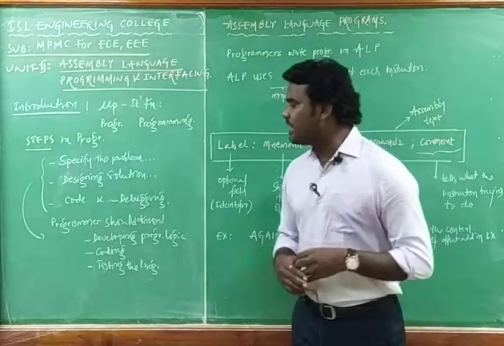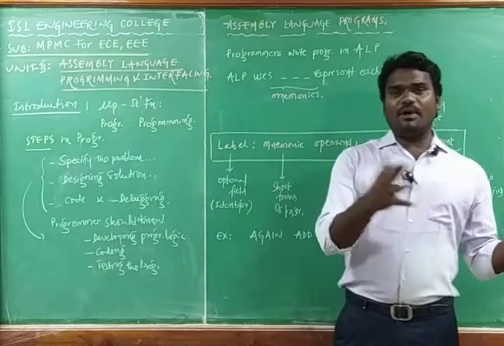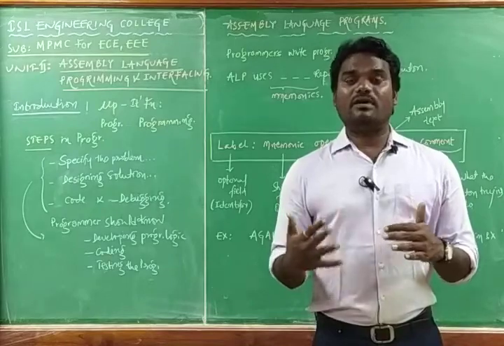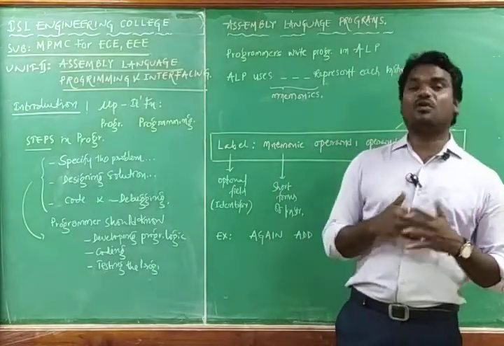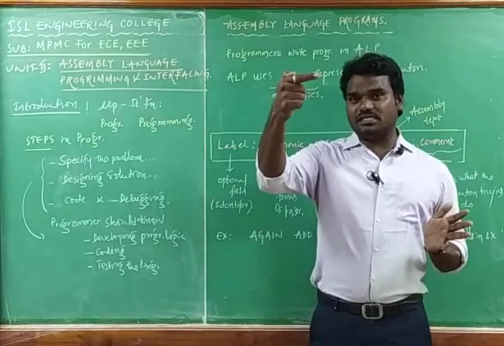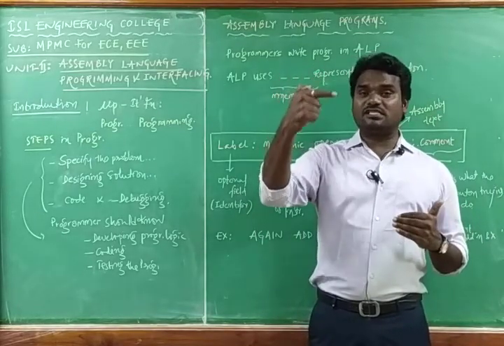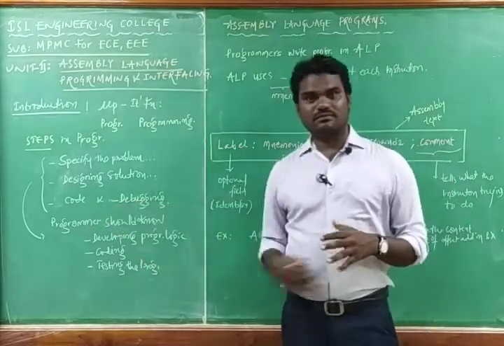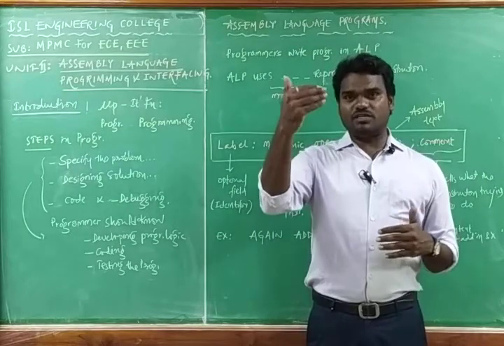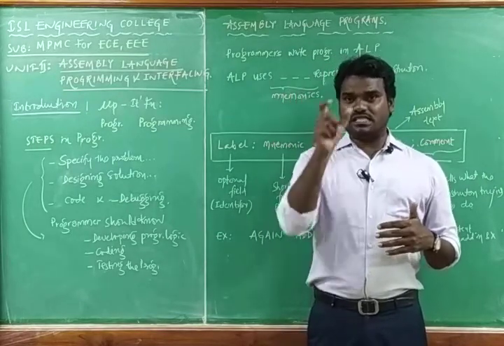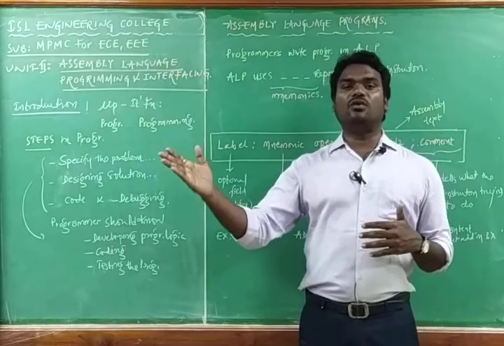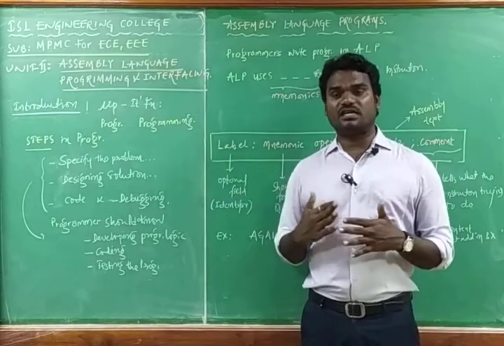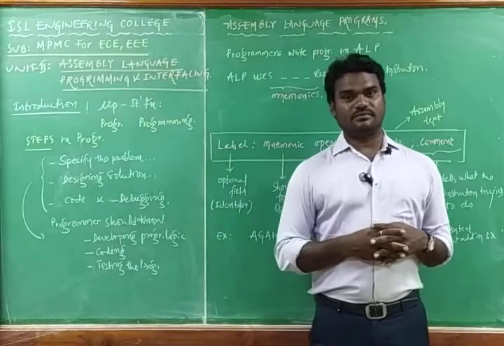And the third one is coding. The programmer has developed the program in assembly language, but that can't be understood by the processor. So coding is nothing but converting each instruction in the assembly language program into machine language, that is called coding. The assembly language program has a set of instructions, and step by step each one is converted into machine language, that is, the binary form of instruction. That process is called coding.